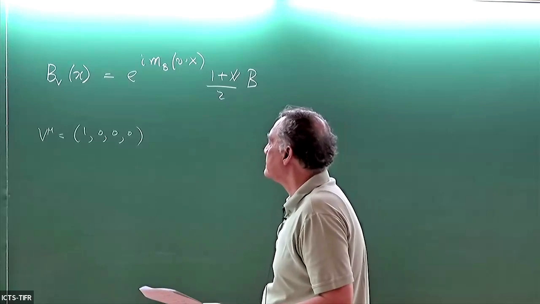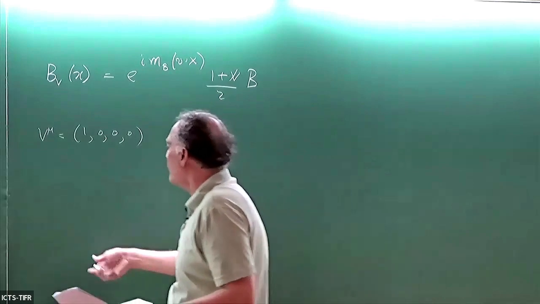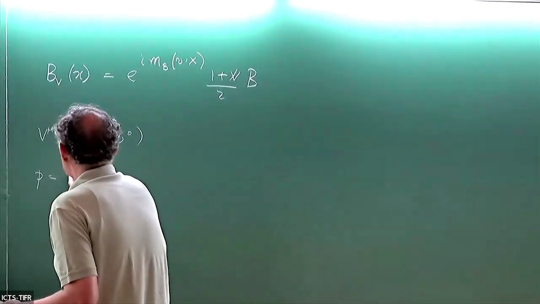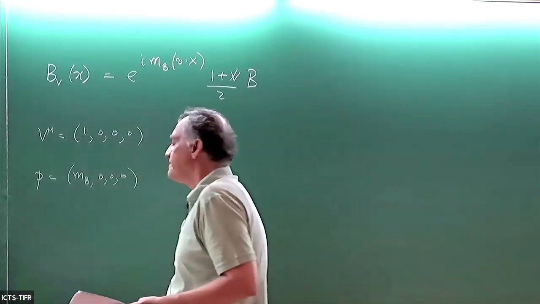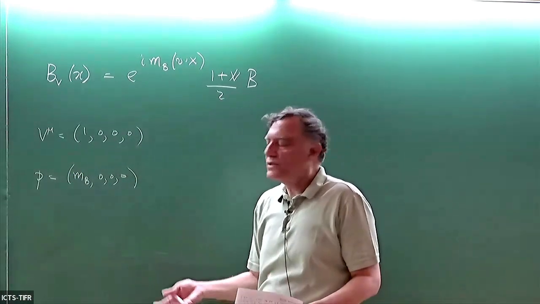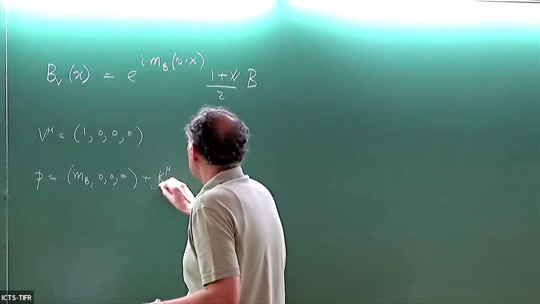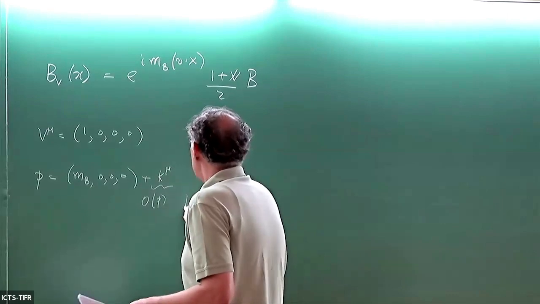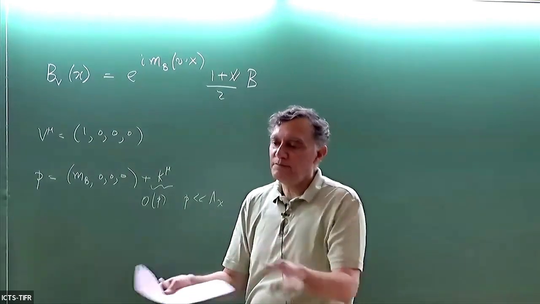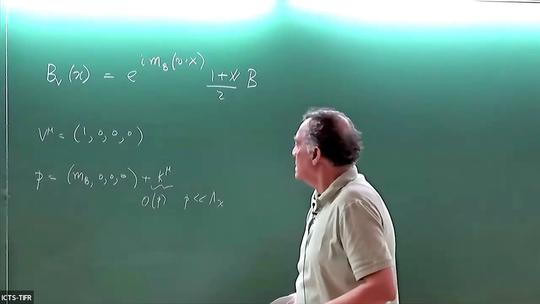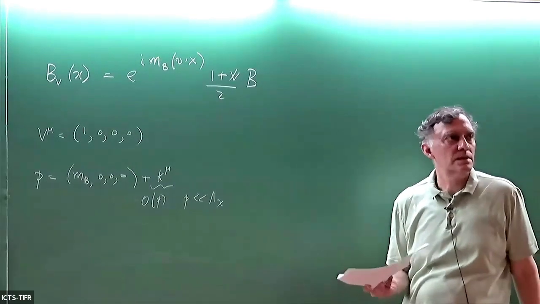And so what we're doing is we're saying the baryon momentum has a piece in it, which is M_B (1, 0, 0, 0), which is basically one baryon sitting at rest with mass big M, but then it can have some interactions with k mu, where k mu is order p, and p is much, much less than lambda chi. So you're hitting this heavy baryon, which is sitting there, with soft pions, and it moves a little bit. And now the chiral expansion is valid. Okay, is this clear?